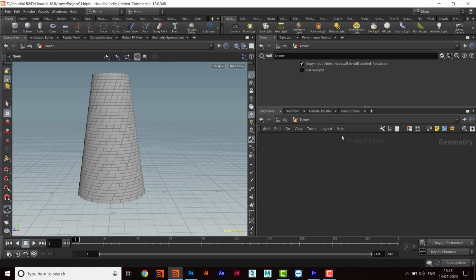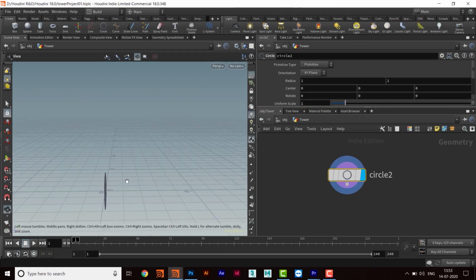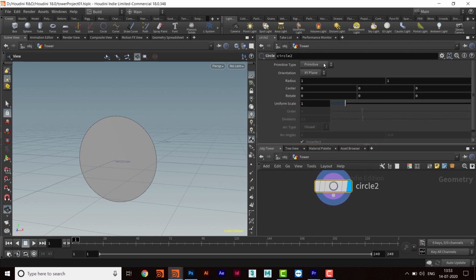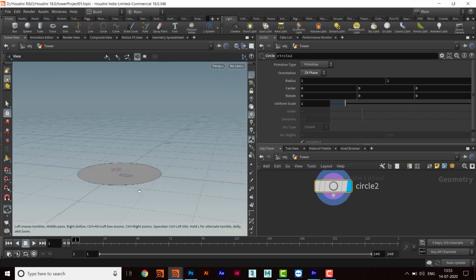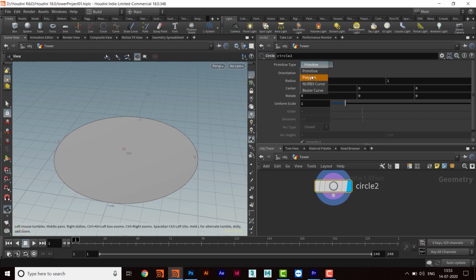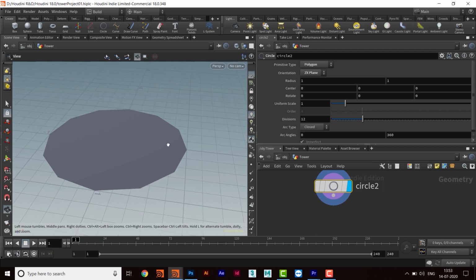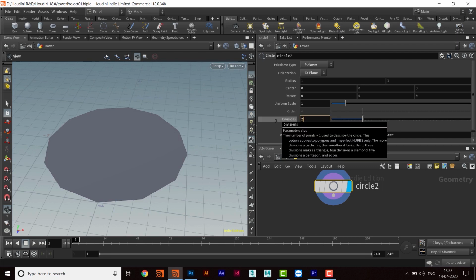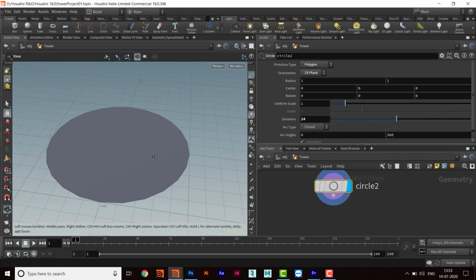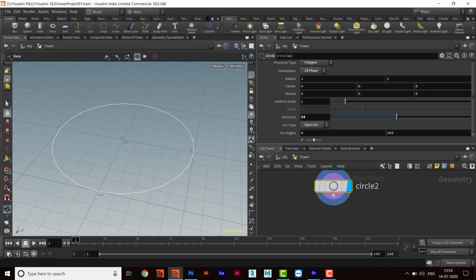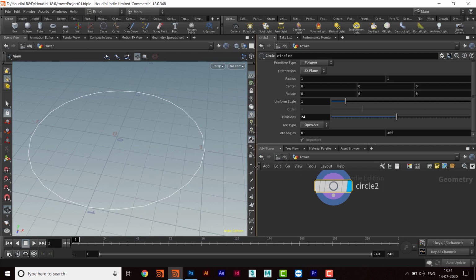and then I'll name it tower. I'll be starting with the circle, and here in this circle I'm going to take this ZX plane, and then I want to keep it polygons, primitive type, and then I want 24 divisions, and I will keep the arc open like this, and here I'll keep the display of points and primitives on,